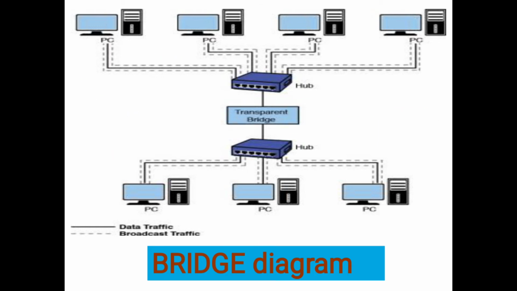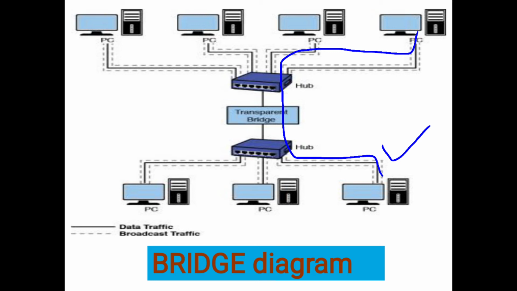Now the question is, why are we dividing it into two equal parts? In the starting of the video, I told that when one machine is sending the data, what happens? We imagine that this is the very first node in the series of computers. All computers are connected with one another in a line, in a queue. When this computer is sending the data, it will keep on passing in the series from here to here, then here, and at last it will reach over here. That is the normal case without the bridge.